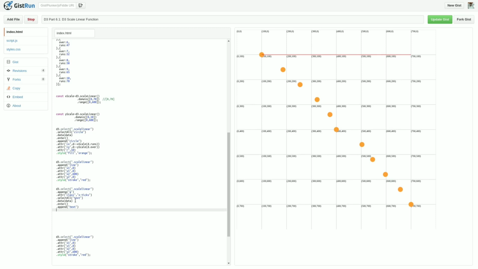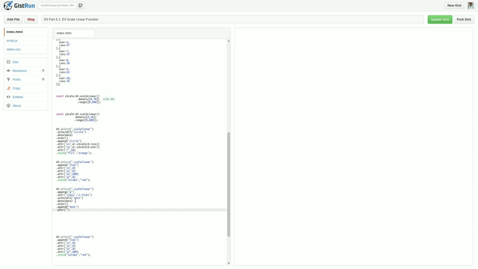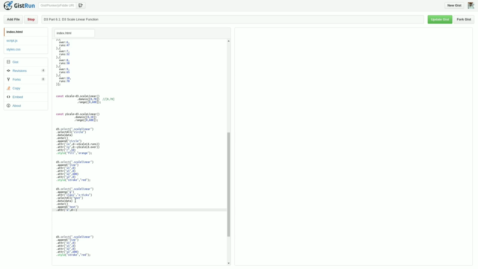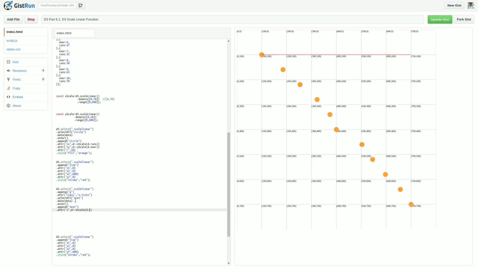text, with the attributes x and y. For the x axis, x will be the point based on xScale of d.runs, and for y we will take 0.